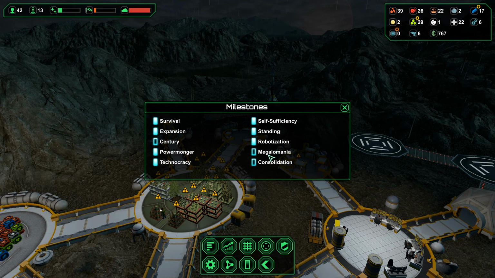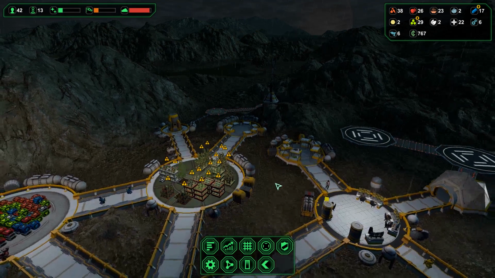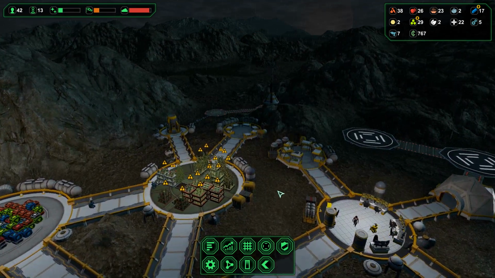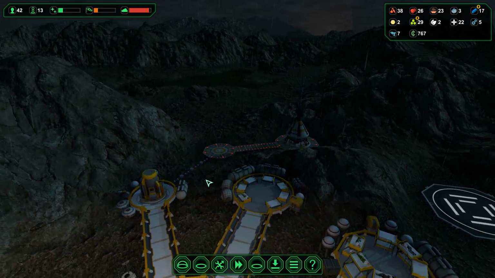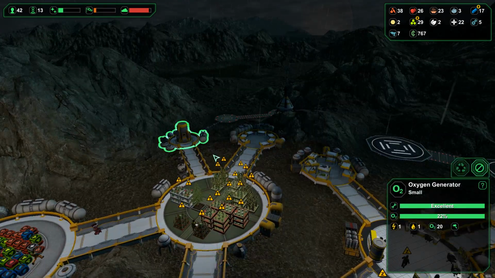We only have Century, Megalomania, and Consolidation. This is where you build a monolith, and this is where you reach 300 people. So we're going to try to get one or two of these done here. The objective of this is going to get us to 100 people, and then we may look at pushing on later on. To continue building this direction, because we built this O2 generator here,